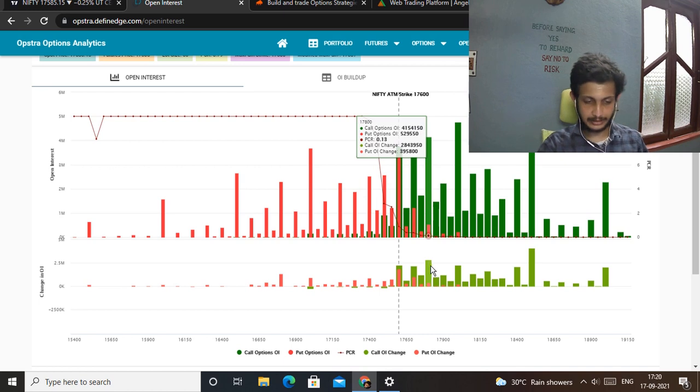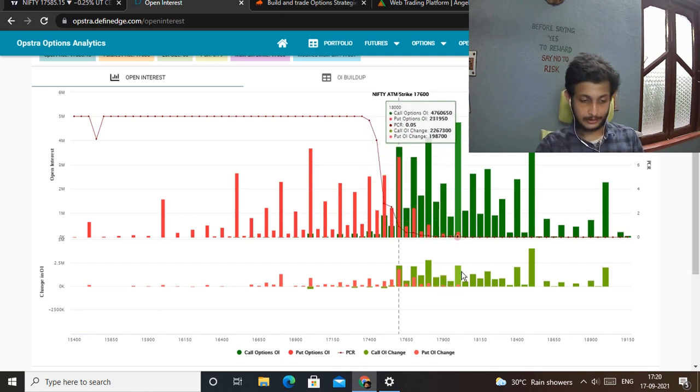Okay, so behind it, what is the second highest point, what is the point where the second highest number of call OI change has occurred? So this is the point, almost near 2.5 million. So the strike price is 18,000. Okay, so after 17,800, the 18,000 call options have the second highest number of additions. Here also the call sellers are very confident that by 23rd of September Nifty is not going to touch 18,000, or that 18,000 is going to be a very major support. Okay, so this sounds moderate.